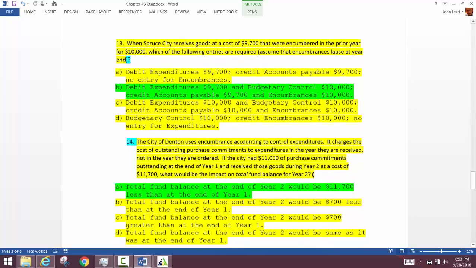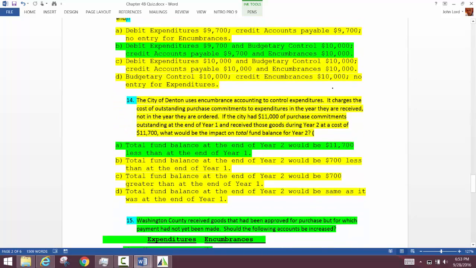Let's take a look at number 14. The city of Denton uses encumbrance accounting to control expenditures. It charges the cost of outstanding purchase commitments to expenditures in the year they are received, not in the year they are ordered. If they did put it to expenditure in the year they're ordered, they're messing up, aren't they? Then, if the city had $11,000 of purchase commitments outstanding at the end of year 1 and received those goods during year 2 at a cost of